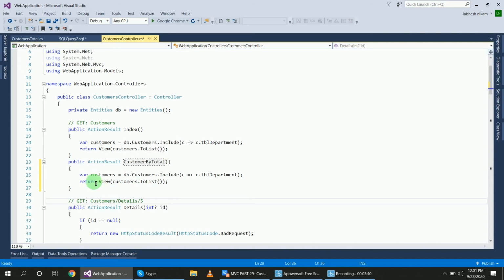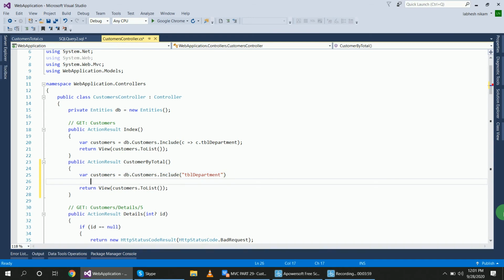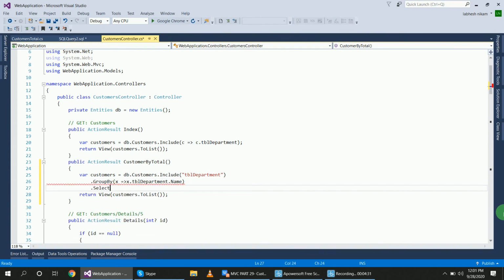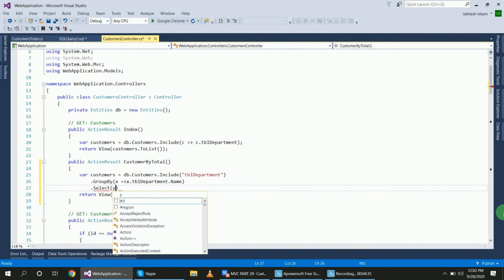Inside of that I will declare a variable customers equal to db.Customer.Include of tblDepartment, and then use GroupBy tblDepartment.Name, with the lambda expression x => x.tblDepartment.Name. And then Select, to select the total.